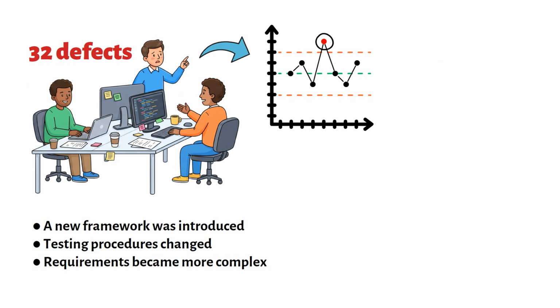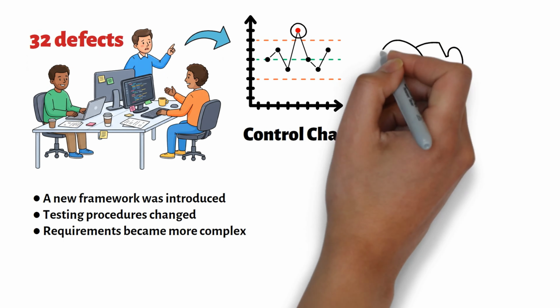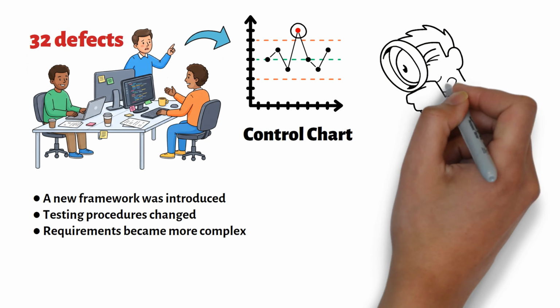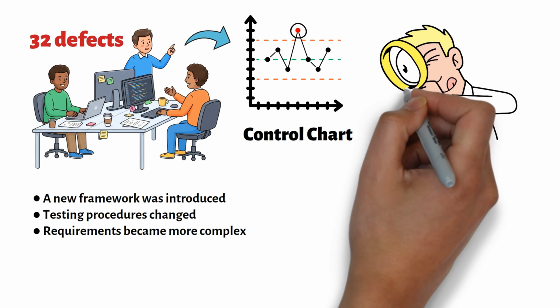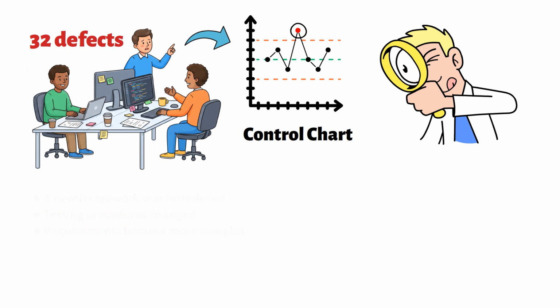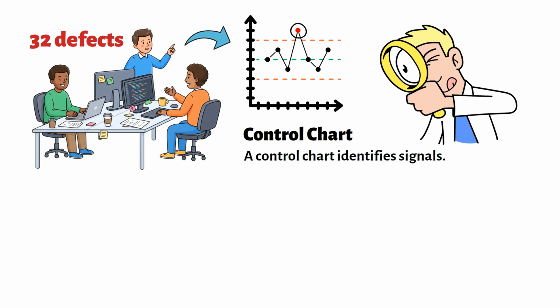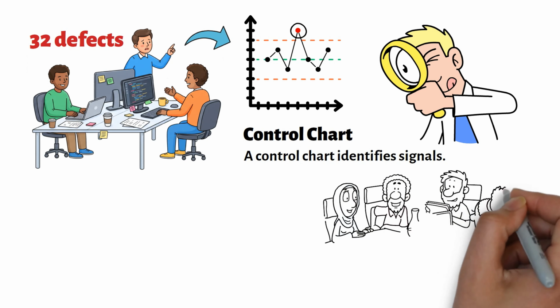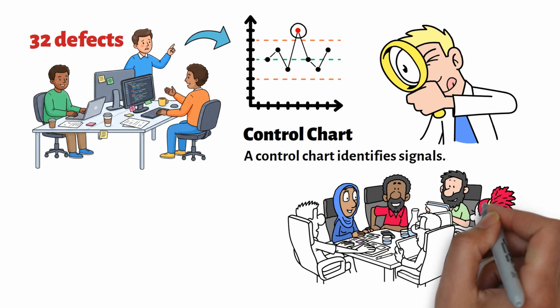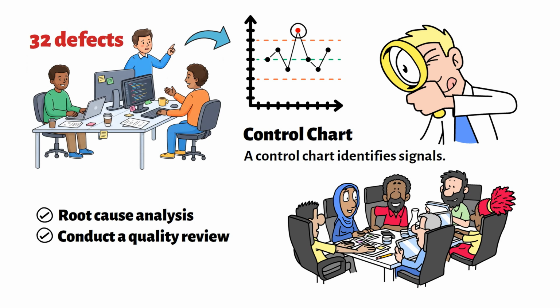Perhaps requirements became more complex. The control chart does not tell us what caused the change. It simply tells us that the variation appears unusual and deserves investigation. This distinction is extremely important. A control chart identifies signals. It does not identify root causes. Once a special cause signal appears, the team may need to perform root cause analysis, conduct a quality review, or